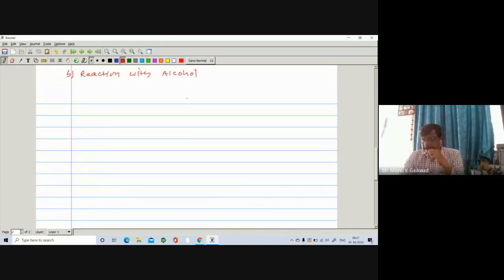So here, in this case, what happened? Again, the same thing we can write. The starting compound is the carbonyl compound. Here I take R, C double bond O. Here is R, maybe same, maybe different. It reacts with alcohol, HOR. Here R', R'', all may be same, maybe different. And you are getting the corresponding compound